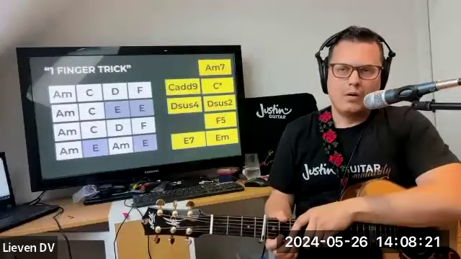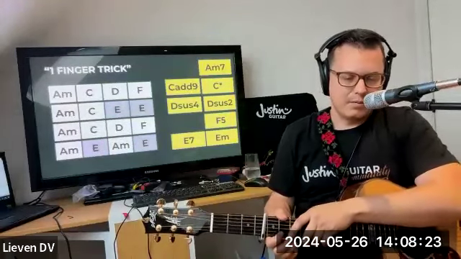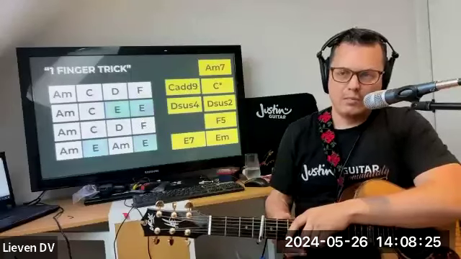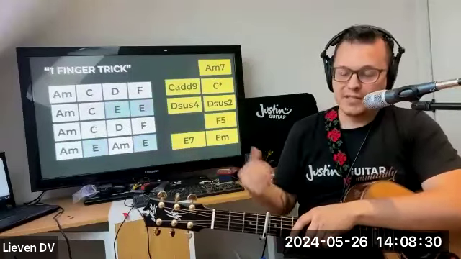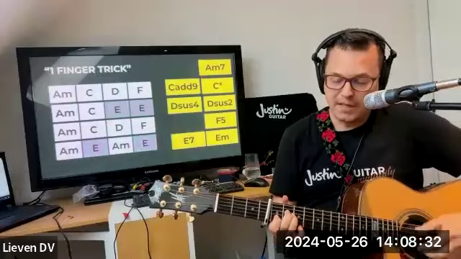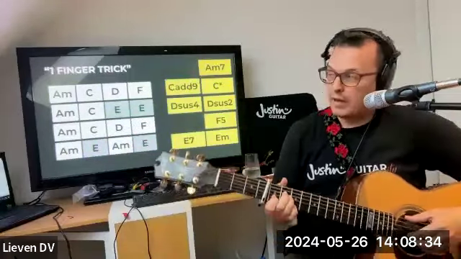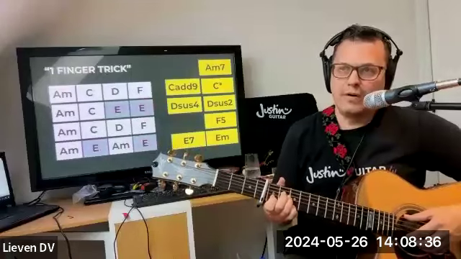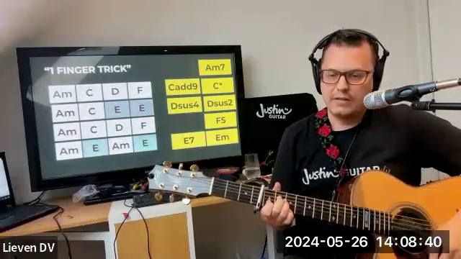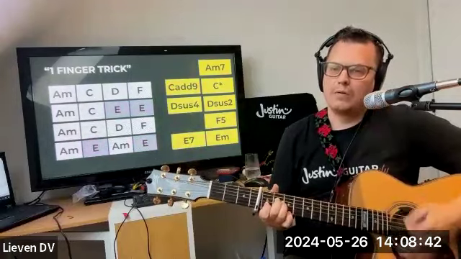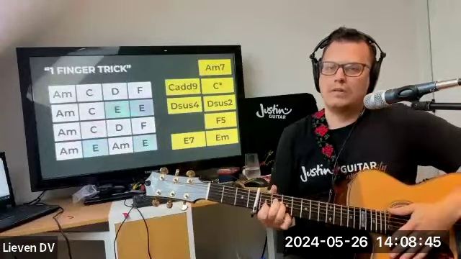Imagine you doing one and the two and the on an A minor chord, but you switch that two and the with an A minor 7. It means adding a pinky on the third. Can you see that? Yeah, it's the third fret on the top E string. See what I did there?